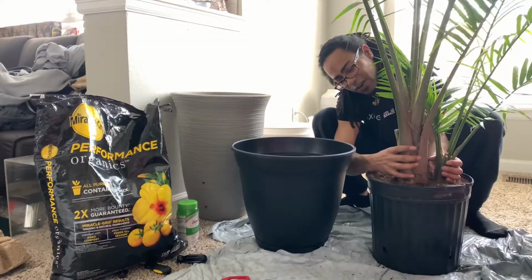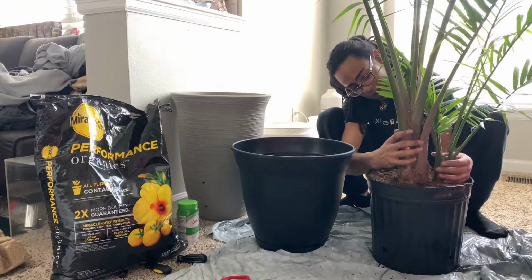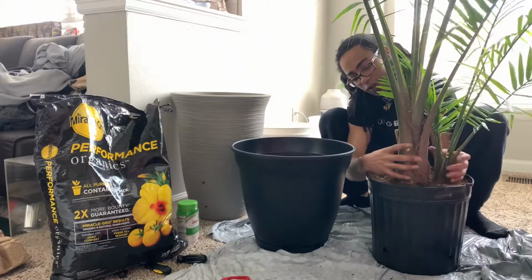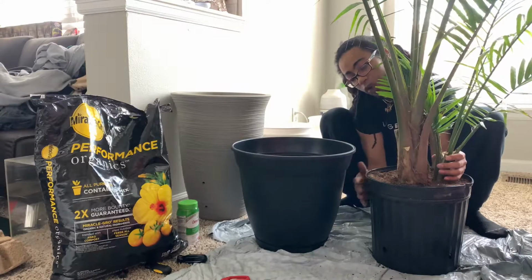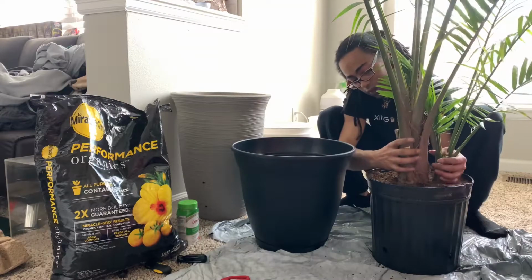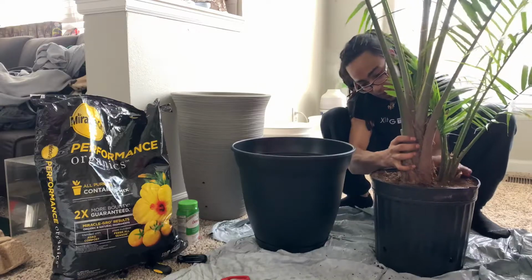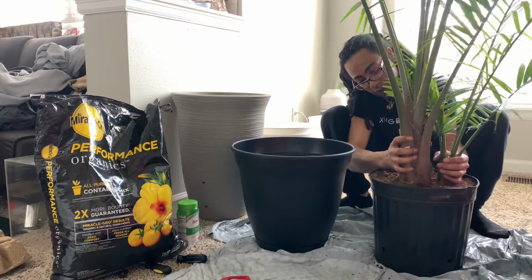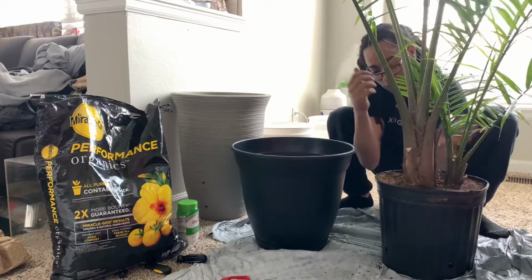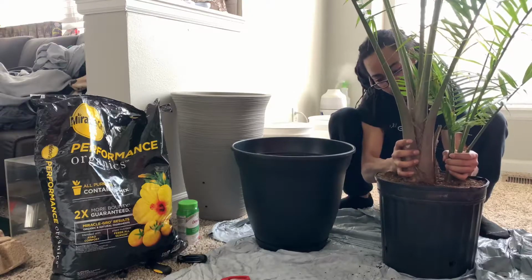A lot of people say they don't like to grab it from the trunk. That's where I like to grab it, personally. Don't grab it from this little one too much. You don't want to yank it out. If you start pulling it up and you see this moving more than the soil, stop. You want to see the bucket kind of lift out. If you're pushing down on your arm and you don't see your bucket separating,